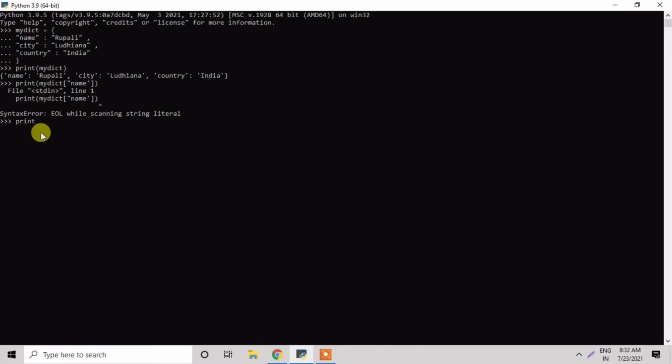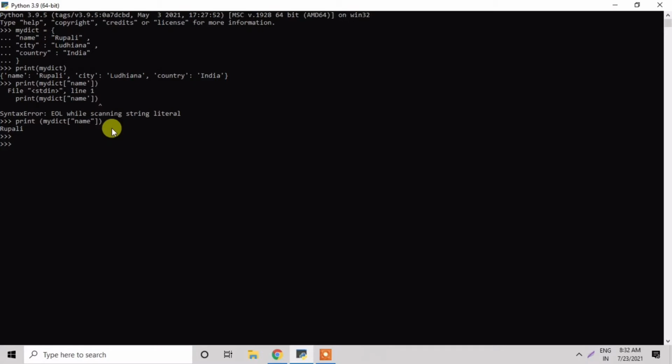So I'll use the print function and correct the syntax: myDict, and then in double quotes I write name, and then close the bracket. You can see the value of myDict name is printed here. This is how we can use dictionaries in Python.